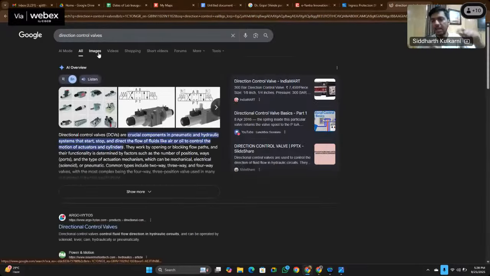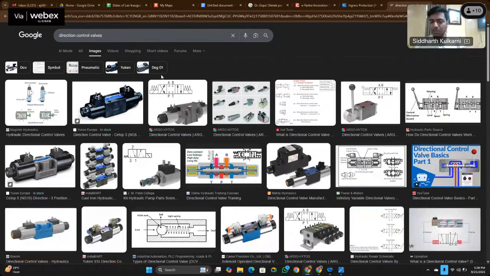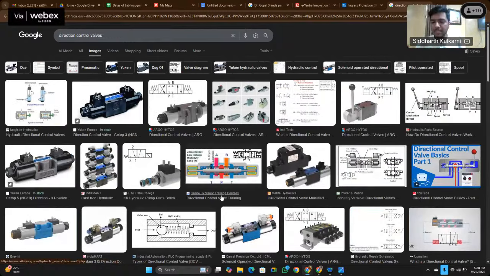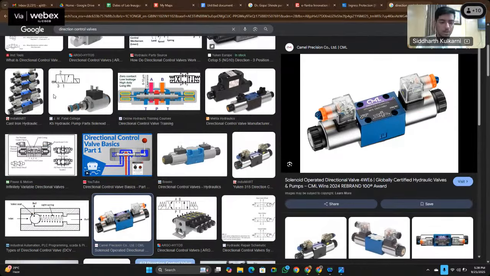It is the thing that basically controls the input and from which side the air goes. So this is what a typical DCV looks like. If you want to use any actuator in your projects, you'll use something like this. The white transparent things that you see here are called solenoids. What a solenoid does is, as you give voltage to its two terminals, it acts like a magnet and opens one of the valves,